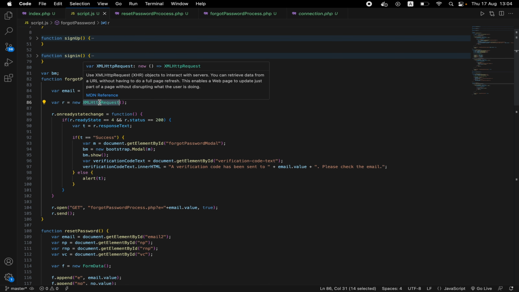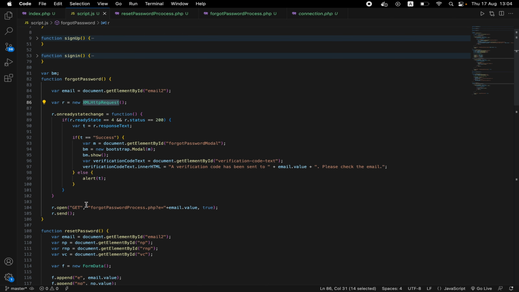To do this, I'm going to use XMLHttpRequest. I'm going to r.open. I'm going to send this as a GET method and going to send this to this location, start forgot password process.php, and I'm going to bind the email input field value to this file, and I'm going to send it as asynchronous, and r.send will send this value to this forgot password